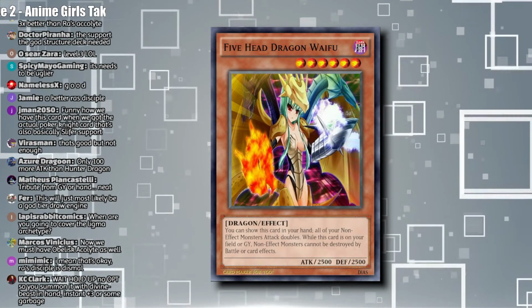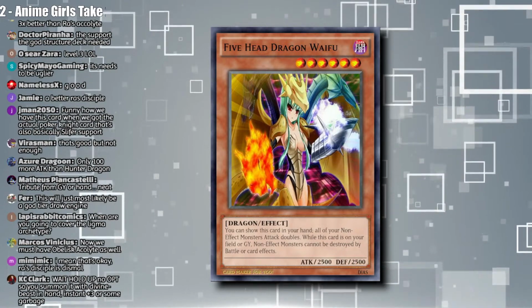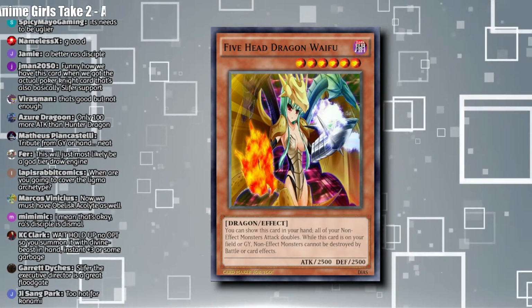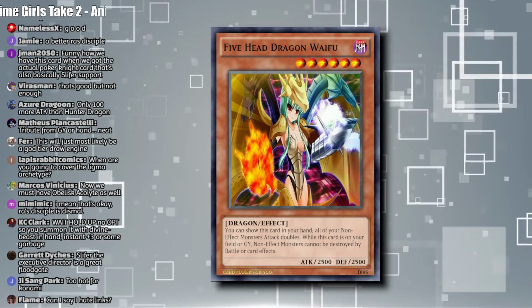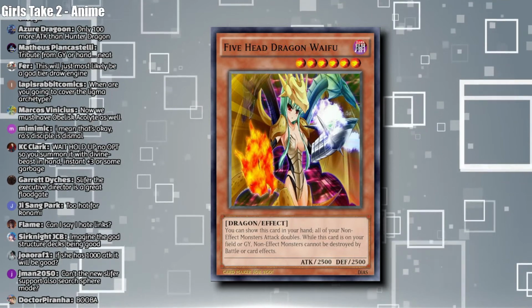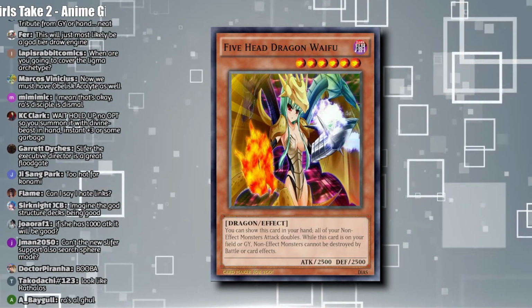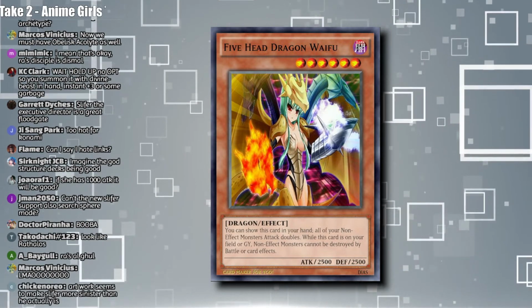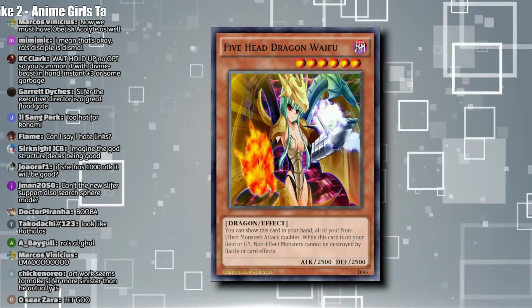Non-effect monster attack doubles. While this card is on your field or graveyard, non-effect monsters cannot be destroyed by battle or card effects. In your graveyard? So if you just Foolish Burial this thing to the graveyard, your Tenyi decks just gain a huge boost to survivability. Whoa. And you just show this card in your hand, and it doubles the effects of all your non-effect